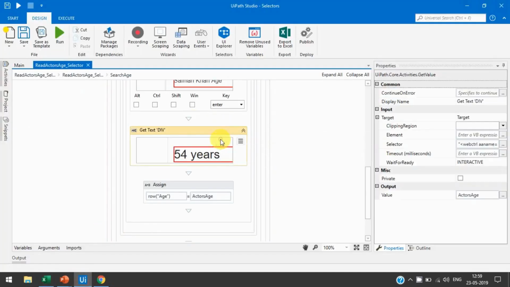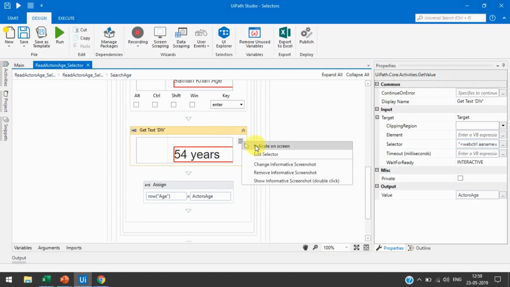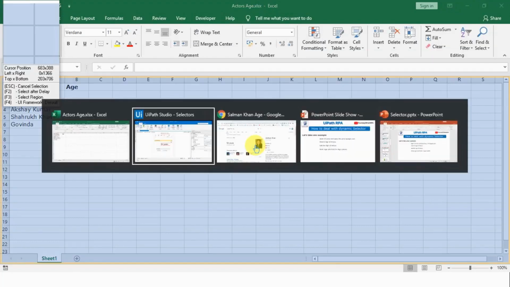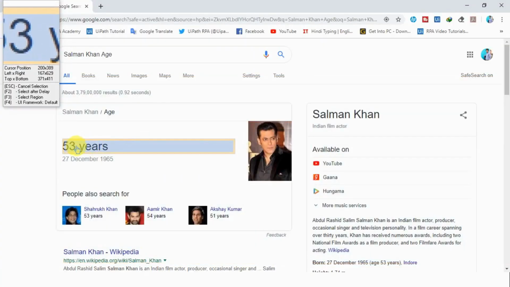So currently here I have modified the selector, but I am going to select this again so that I can show you how to change the selector if we are getting any dynamic ID or name. If ID and name is changing every time, then how can we modify that? So let's click on this and select this part, 53 years.